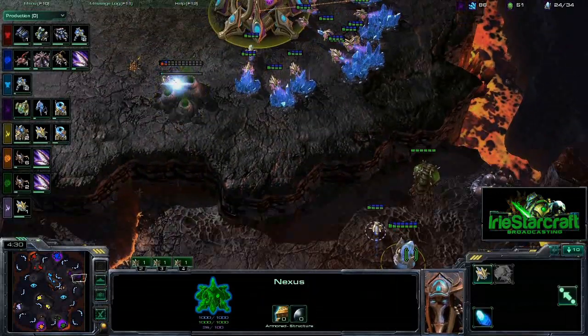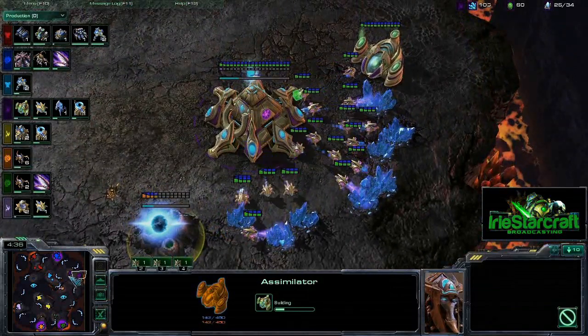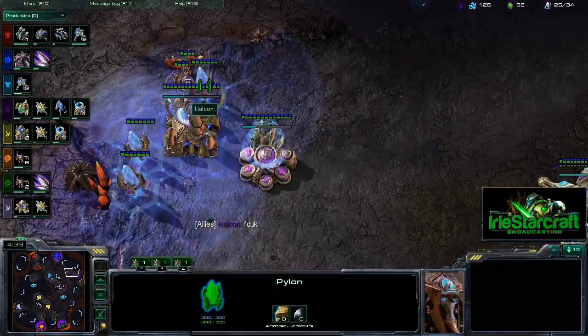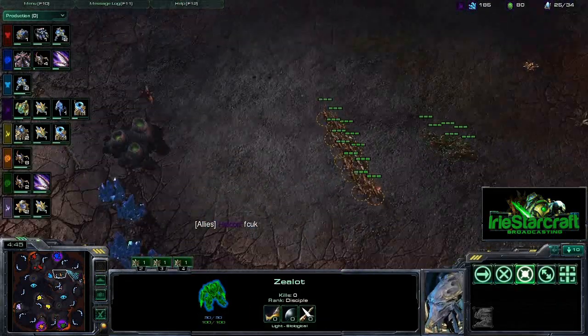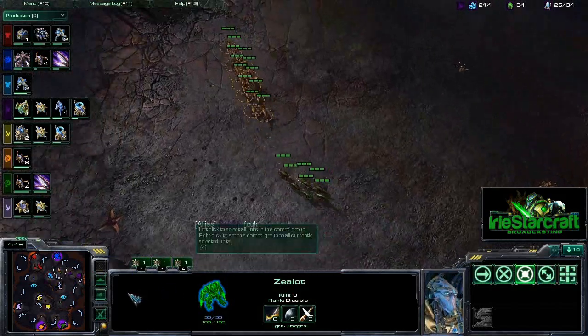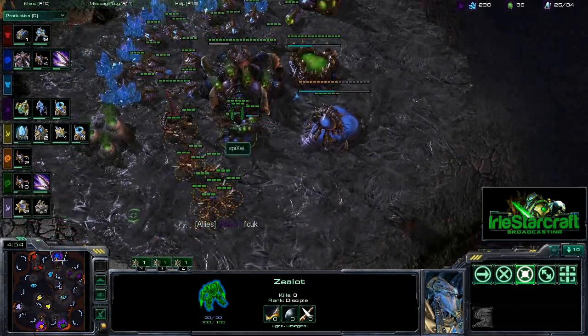Yes, this has been seen. It has been scouted. Halcon, though, however, does not appear to be doing a whole lot about it. He looks to have completely... no, he did not completely wall in. There is an entrance there. And he just realized, apparently Halcon has realized what is going on, and now all these Zerglings are going to